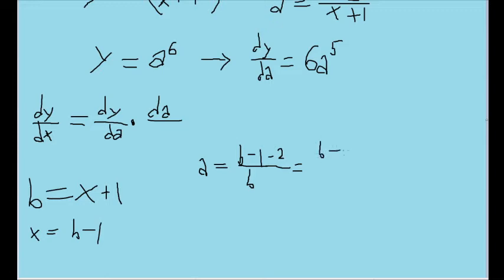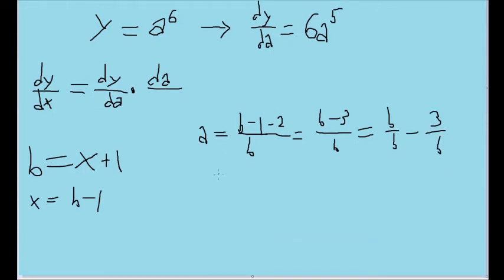Simplifying this down a bit, we get b minus 3 in the numerator, since negative 1 minus 2 is negative 3. And b is still in the denominator. And since we only have one term in the denominator, we can expand this out a bit as b over b minus 3 over b. Now b over b is, of course, 1 minus 3 over b, which can be just written as 3 times b to the power of negative 1,